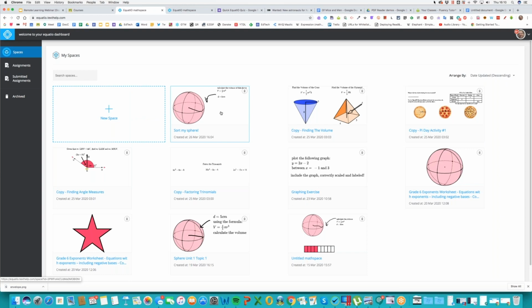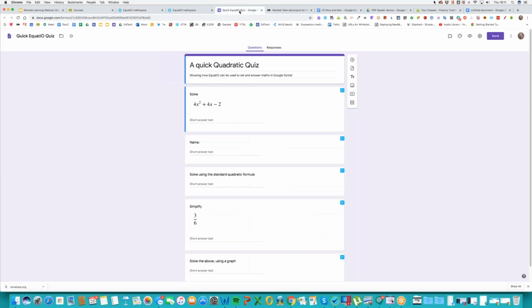But the other thing we can do with EquatIO, outside of this MathSpace workflow, this ability to send out and assign content, is to perhaps use Google Forms. So lots of you may well be using Google Forms as a quick mode of assessment. So this is me creating a form at this point in time. I've called it a quick quadratic quiz. I appreciate that it's not just quadratics on the page here, but